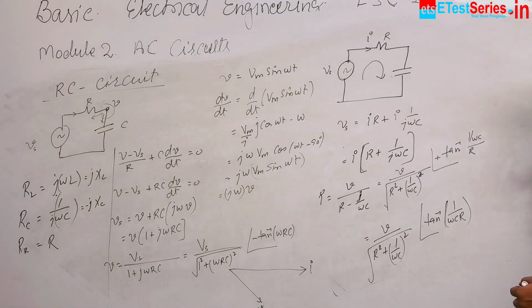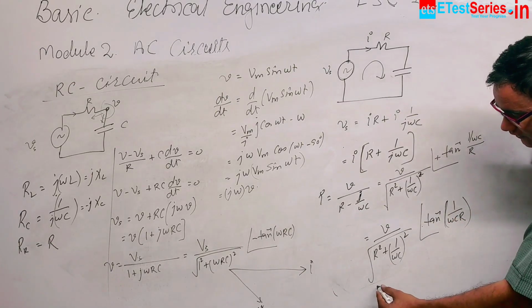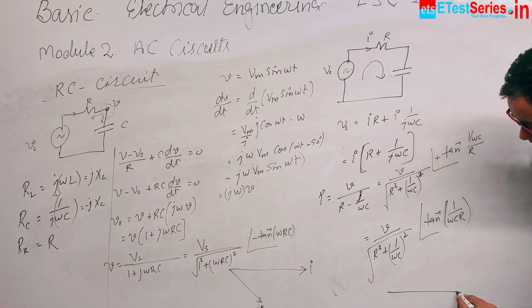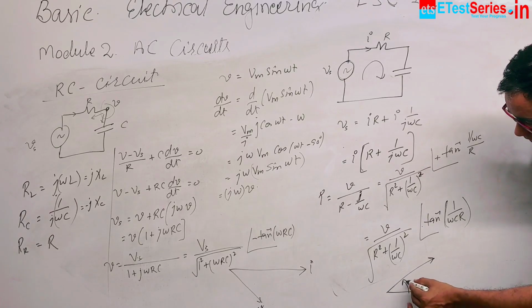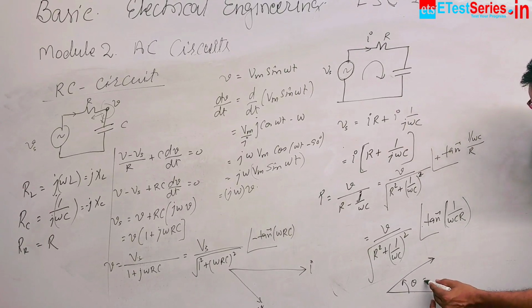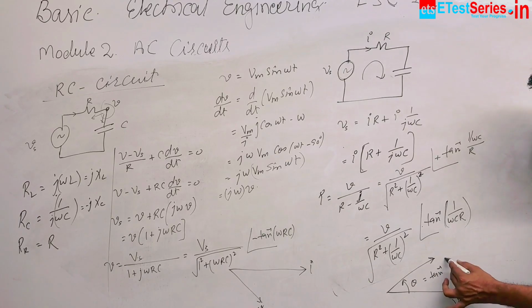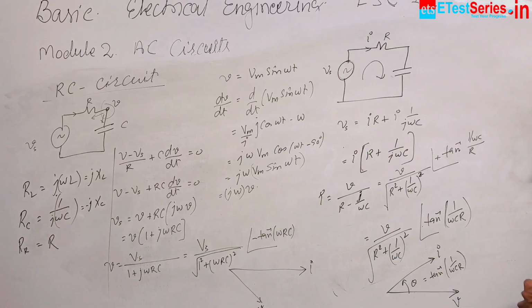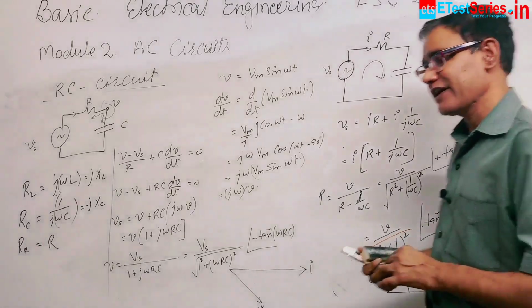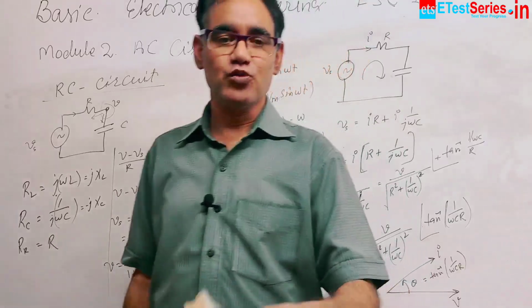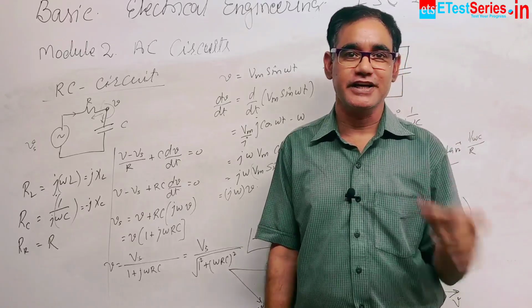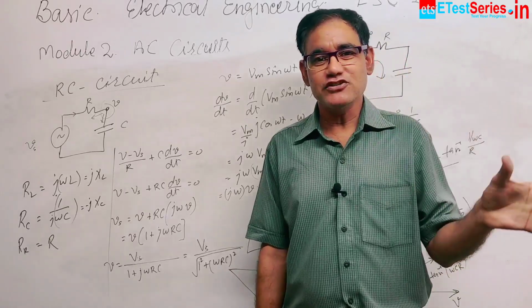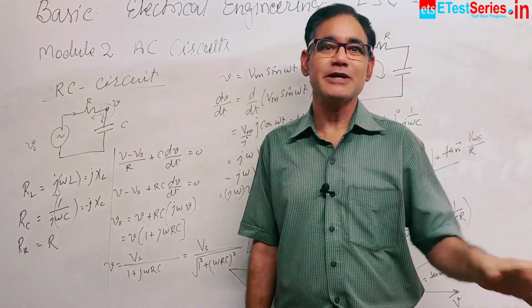So current is leading. So if you draw the waveform diagram or phasor diagram, so this is the voltage, then the current is leading. And what the leading angle, this theta, that angle is equal to tan inverse 1 upon omega CR, and this is the current. In this way we can calculate the current and voltage offered by the different elements in AC circuit, and phase difference offered by the inductor and by the capacitor.